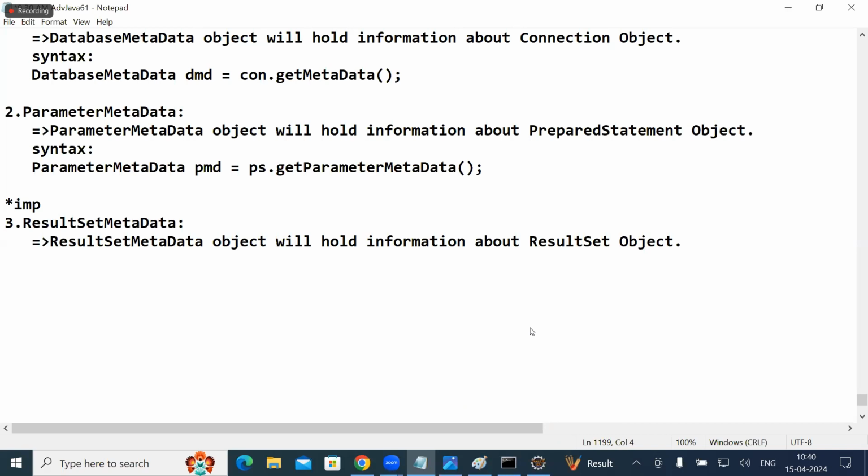So the syntax: ResultSetMetaData RSMD = rs.getMetaData();